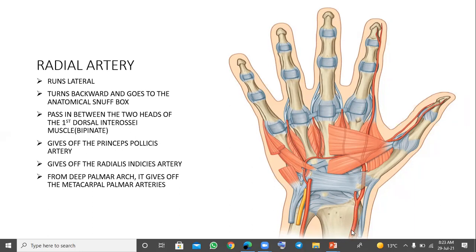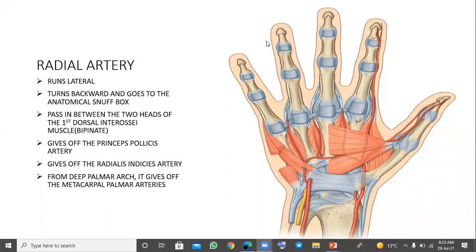Then as the radial artery is approaching the wrist joint, it will run backwards. It will go to the dorsal aspect of the hand. But before it goes to the dorsal aspect of the hand, it's going to give off that branch that anastomoses with the superficial palmar arch. So this branch there,